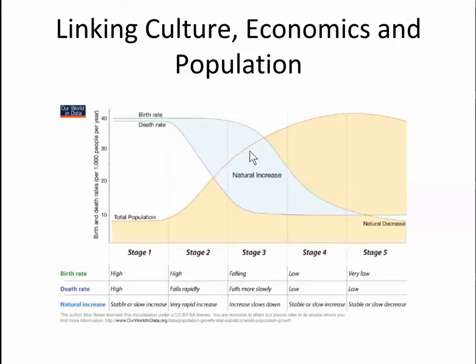In stage three, our deaths drop and then level out. They reach a kind of limit, if you will, but births then begin to drop. So if deaths get to a low level and births begin to decline, well, our rate, in other words the curve here, is going to begin to slow. It's going to decrease its growth, if you will.